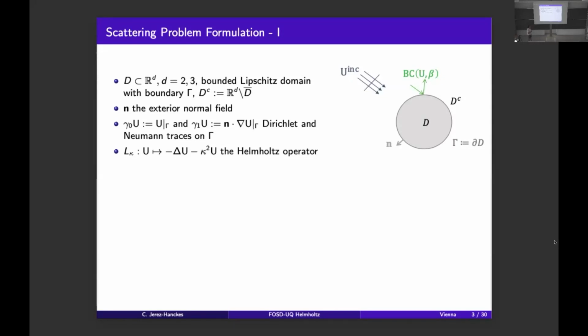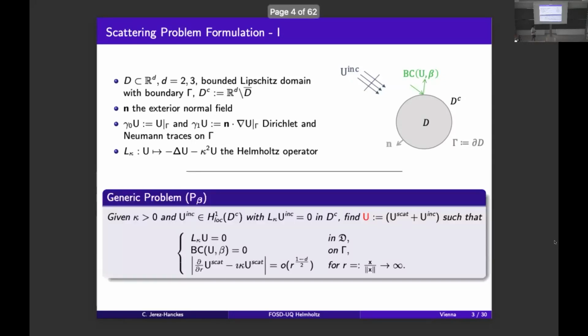So we have our bounded domain D, an exterior domain D complement. We have the boundary Gamma, and then we have the Dirichlet trace and the Neumann trace, and we call this L kappa our Helmholtz operator. And we have this generic problem where we're looking for the solution of the homogeneous problem